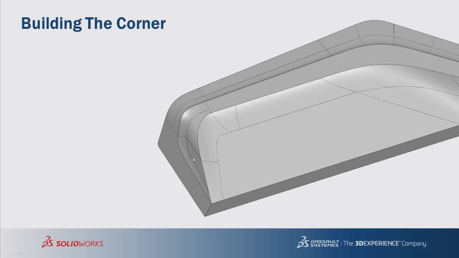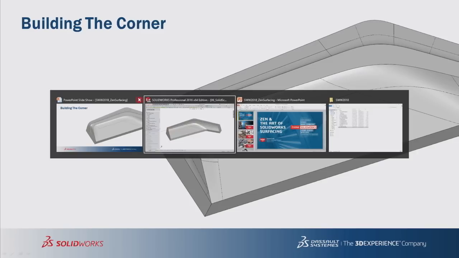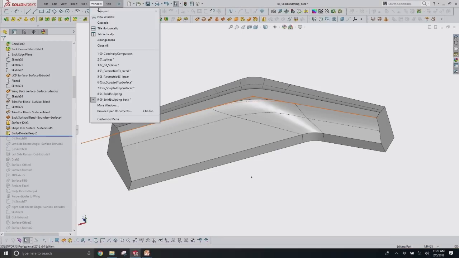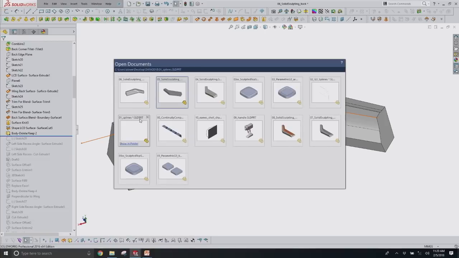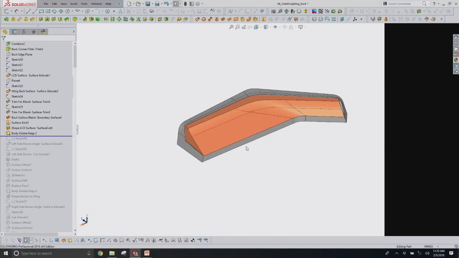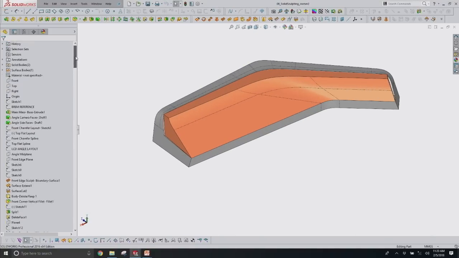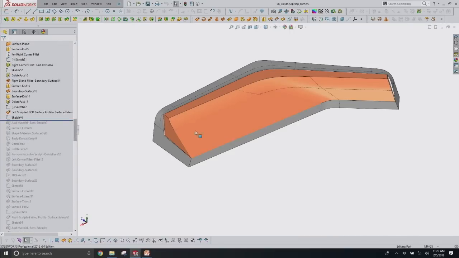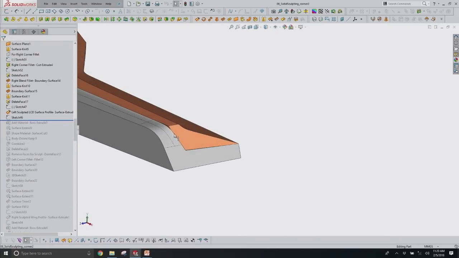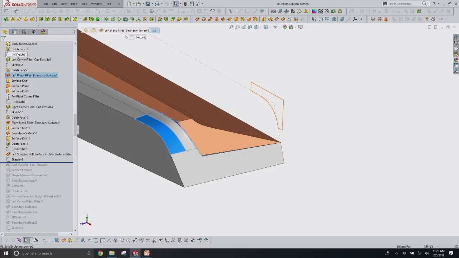So we're lastly going to finish this example by looking at how I built this sculpted corner here. And this was a situation where I didn't have quite enough material to work with. I actually had to add a little bit of material to the model. This one. So one thing I want to show you is the power of split. So we're going to roll up the tree a little bit